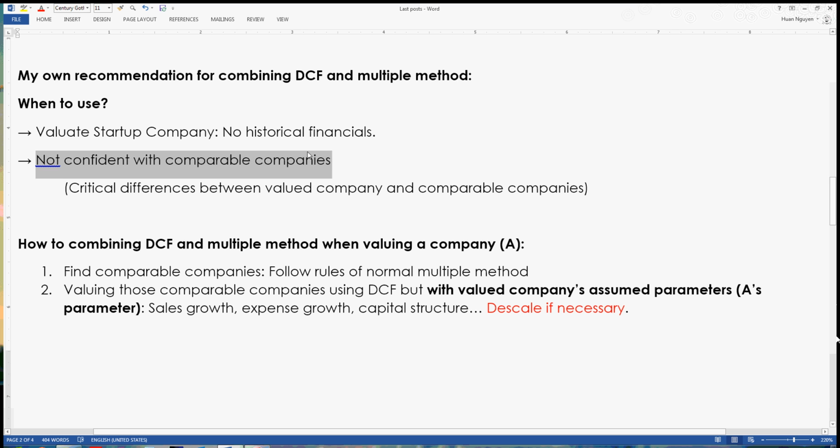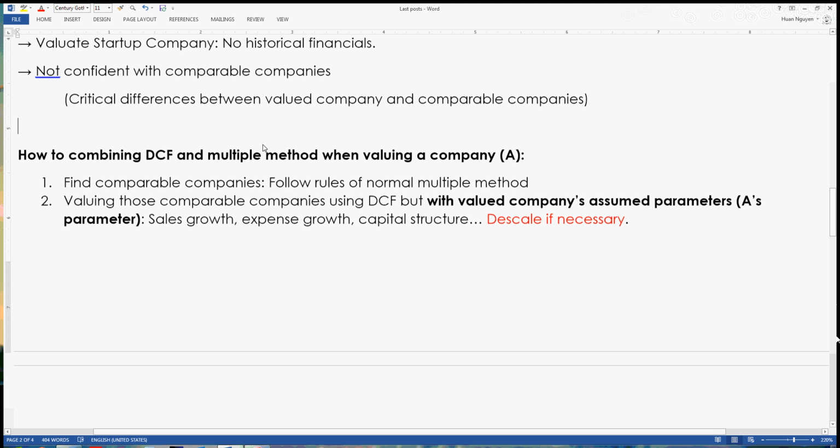The second one is when we are not confident with the comparable company because of some critical differences between the valued company and the comparable company. So we should combine them to take advantage of both upsides of the discounted cash flow and multiple methods. So my recommendation for combining